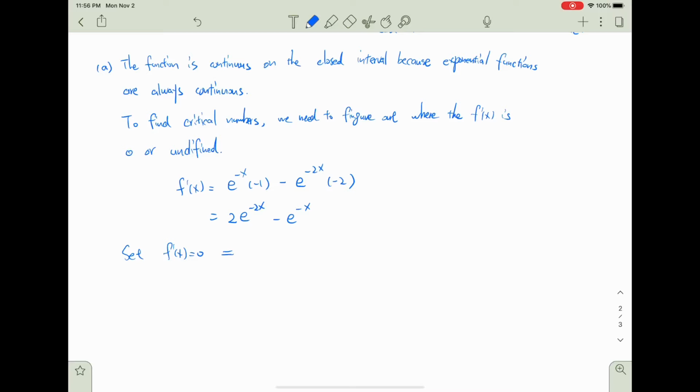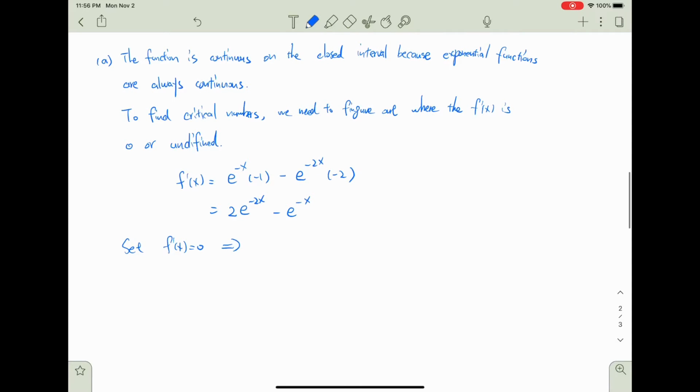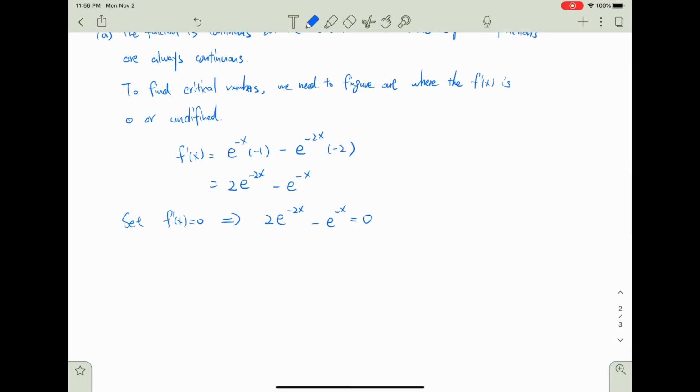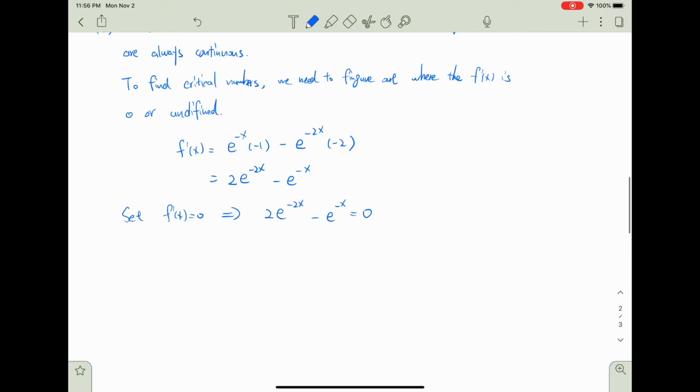Right, so we have an equation: e to the negative 2x minus e to the negative x equals 0. We're going to solve this equation to find the solutions. Those are the points where the derivative is equal to 0. So what we do here is to factor out the